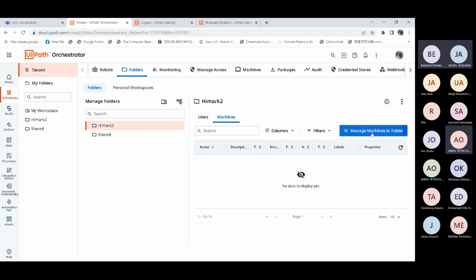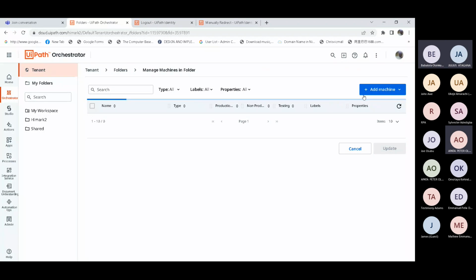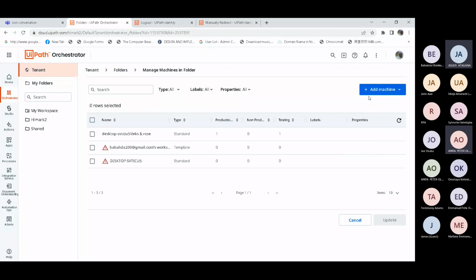Okay. But the former machines are still here, I'm seeing the machines here. Can't we delete them? You are supposed to be able to delete them. Okay, click on my workspace.